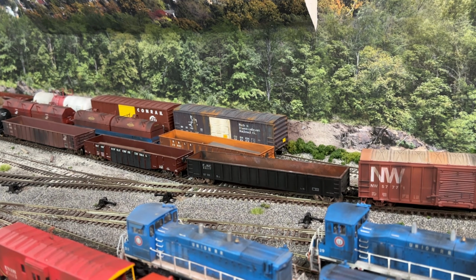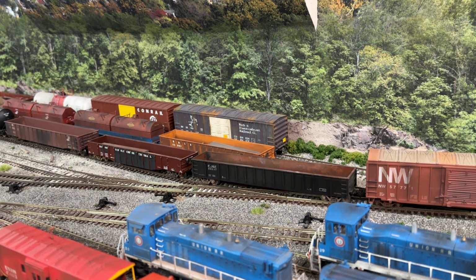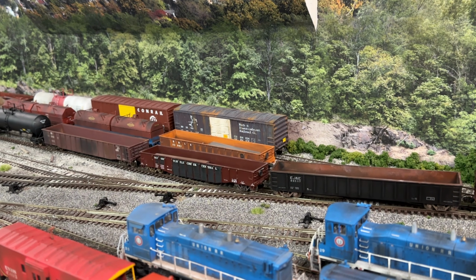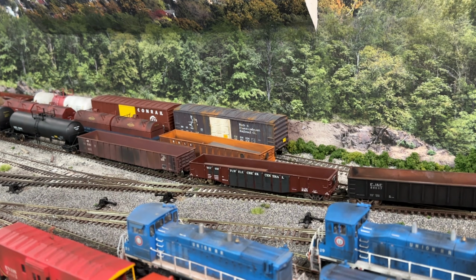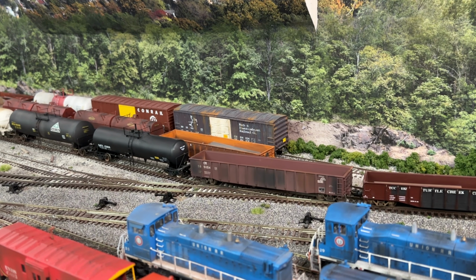Well, fortunately our yard master was looking out the window and realized that we had coupled up to the wrong track. We didn't want to take 5, we wanted to pull 4-track. So we're going to pull 4. And we're going to go ahead and grab the caboose that's down at the end of 0-track, since we're swapping cabooses out, and put the air in, do a quick air test,